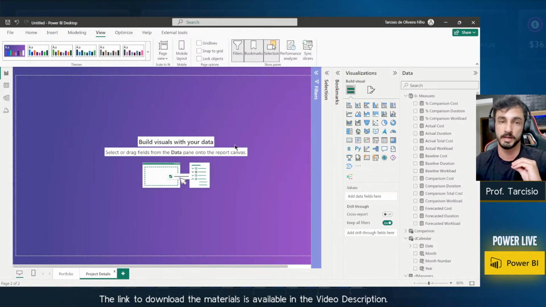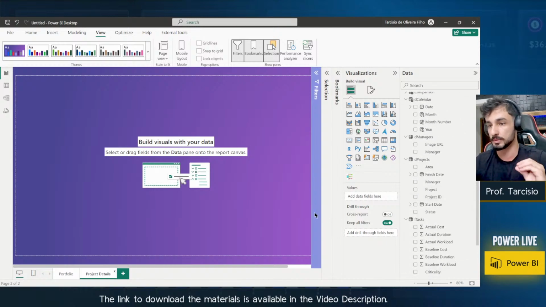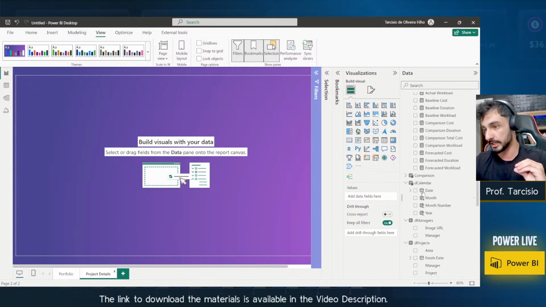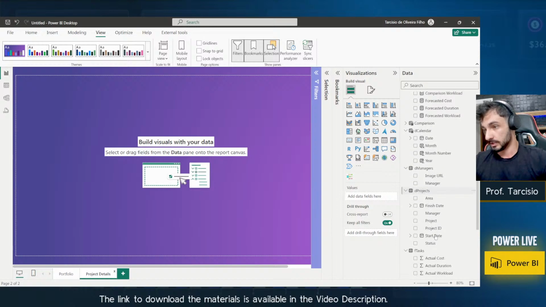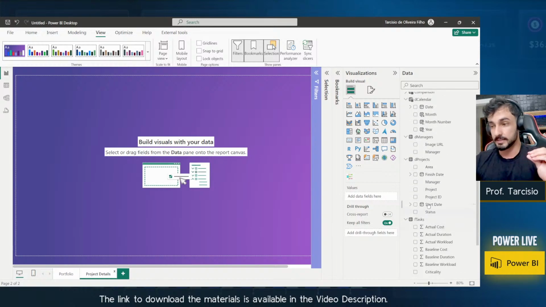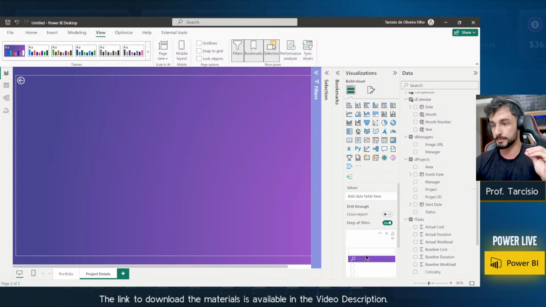And for Power BI to understand this, I need to create this new page and bring here the column that I want to drill through. It means that I want the rest of the project to be filtered based on the last page, okay? So we want to get the details of the project. So let's go to the D projects and select the project and drag and drop it to the